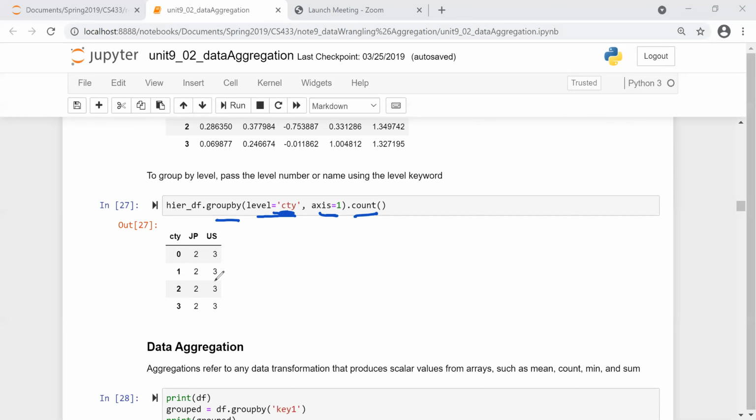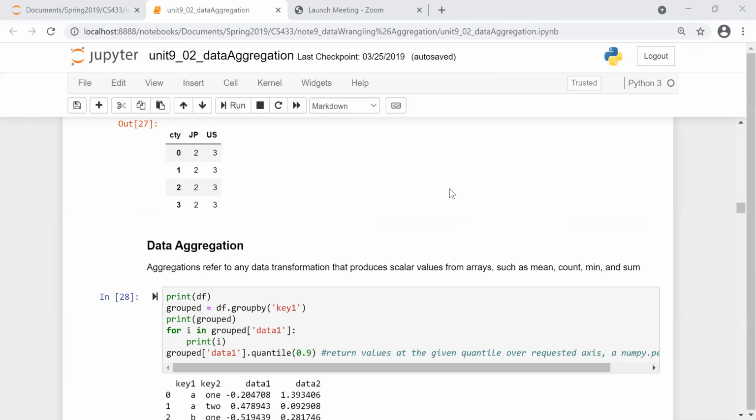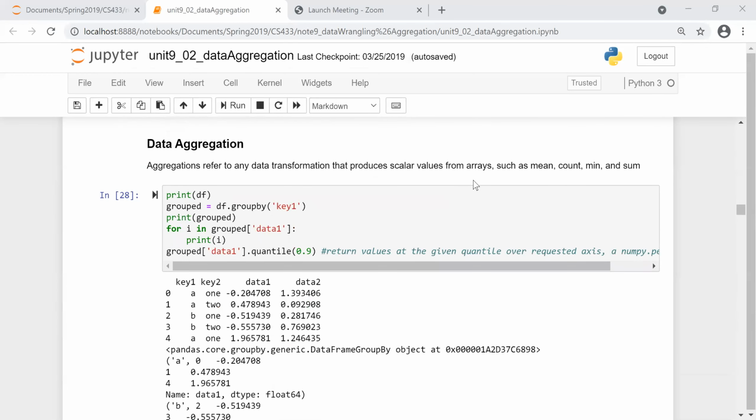So here is the result. It just shows with a multi-index, and then you can also plug in this argument called level and specify it to do the aggregation. And what the next one tries to show is